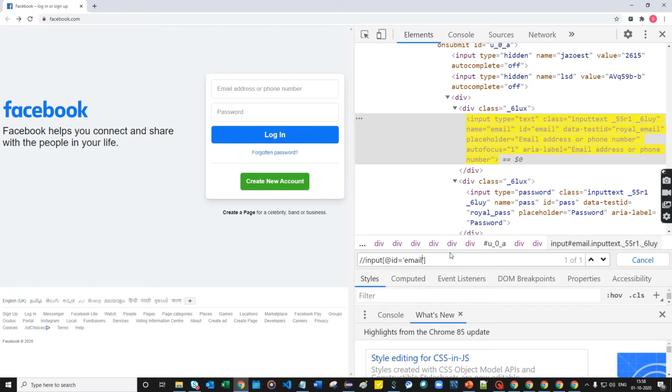Or else name or something else. So which attribute value do you have to mention here? The attribute is ID equal to, and then the attribute value. So, like A equal to 10, B equal to 10, attribute equal to attribute value, which is email. Right? So I'm just copying it.